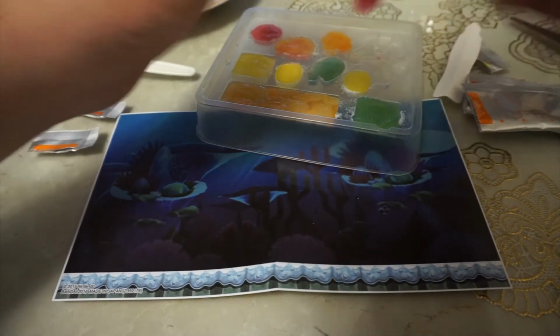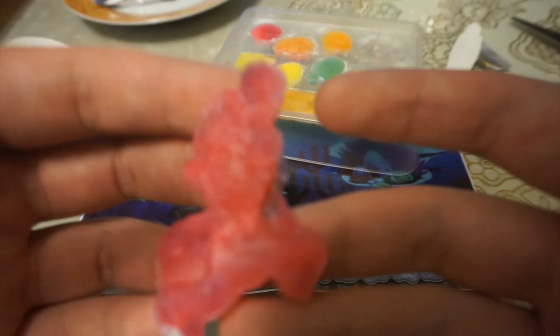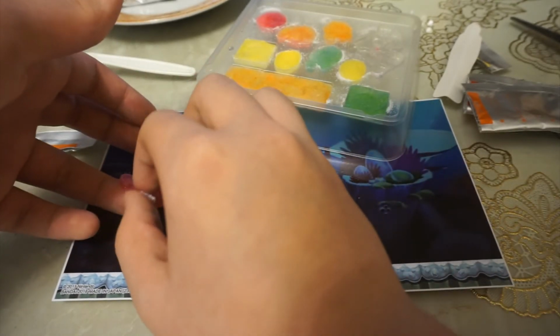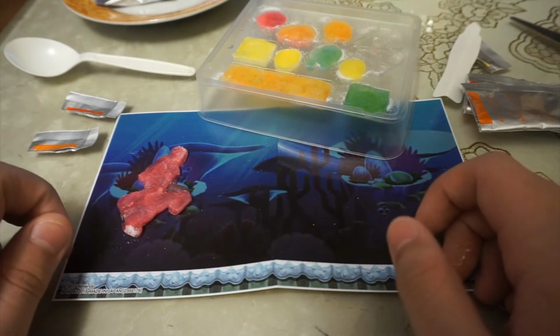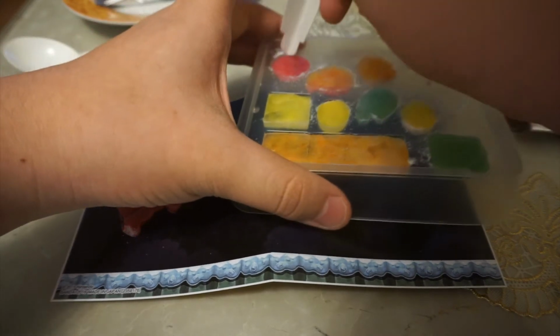Oh dear God! Look, it's Mario. I mean, it's something resembling Mario. It looks like it came from the depths of hell. I don't know if the camera can autofocus, so I'll just leave it at that. It's best you don't see this up close, but let's just put this down. Oh dear God, I'll probably have to clean this piece if I want to keep it as a souvenir. Oh Jesus. I don't know, why is Mario jumping on the water? This is sorcery. Anyway. Let's just get the remaining stuff out, and then let's see if I can lay